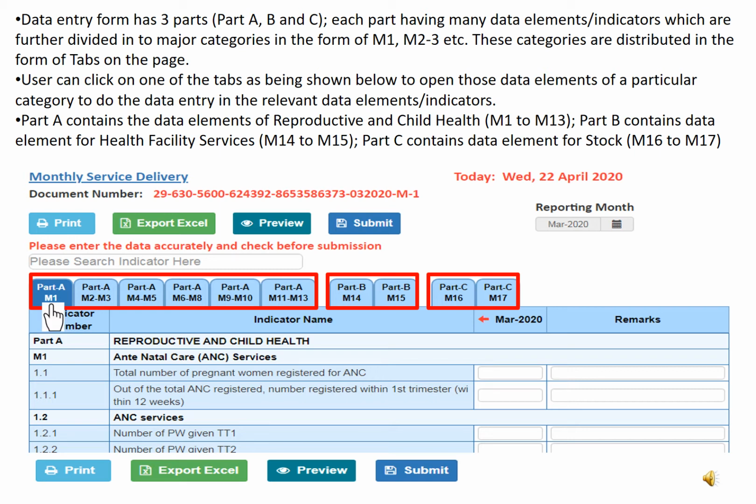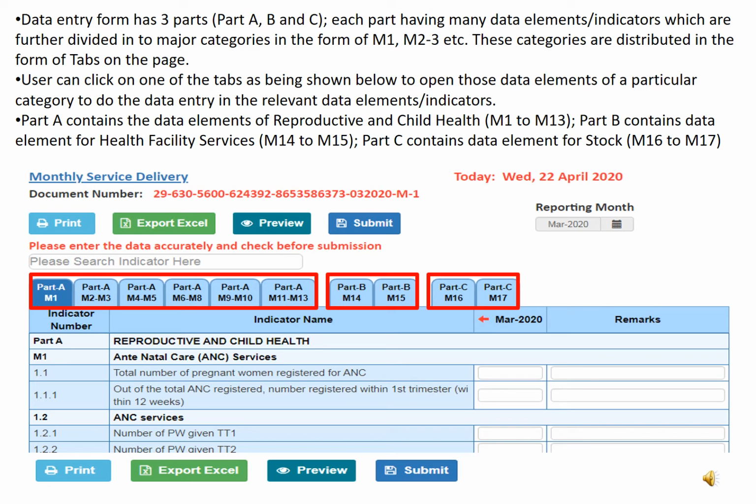User can click on one of the tabs as being shown below. Open those data elements of a particular category to do the data entry in the relevant data elements or indicators.